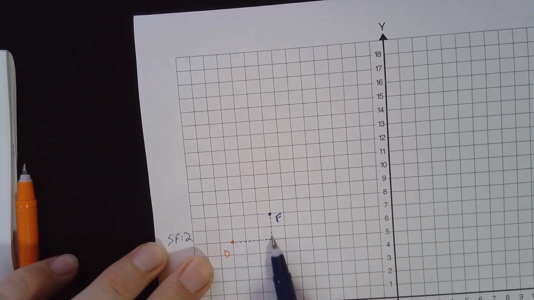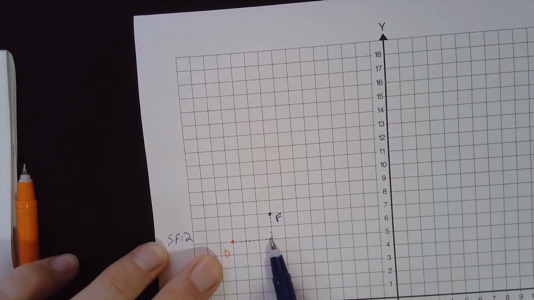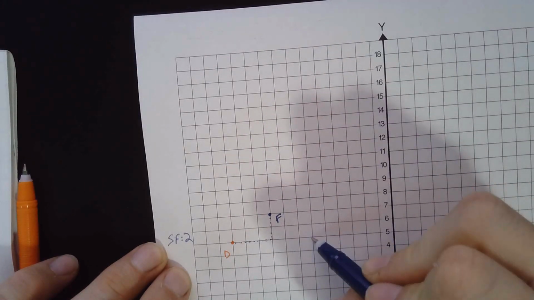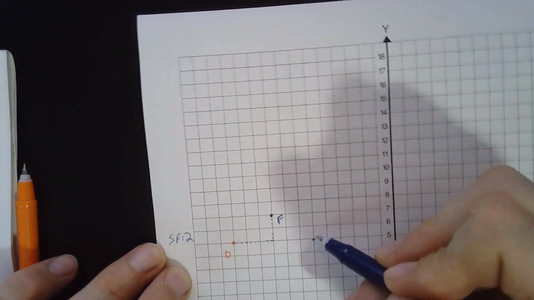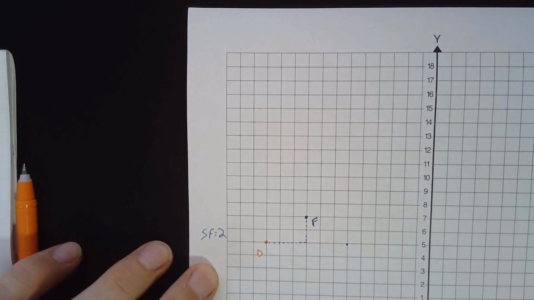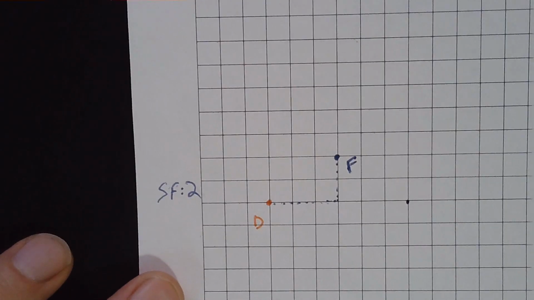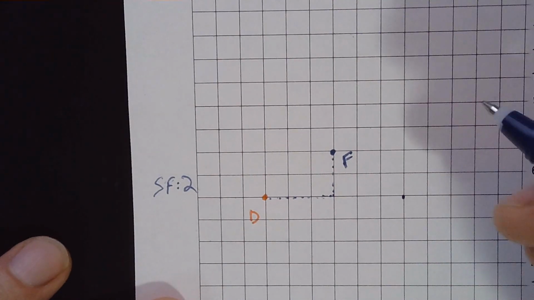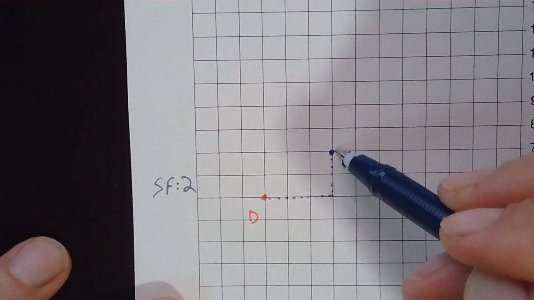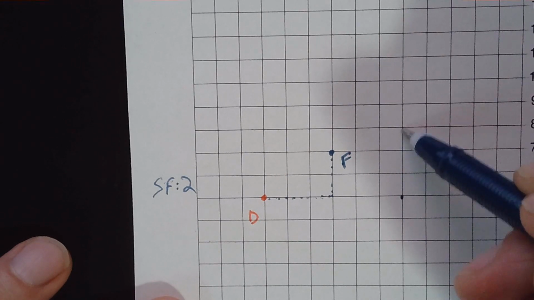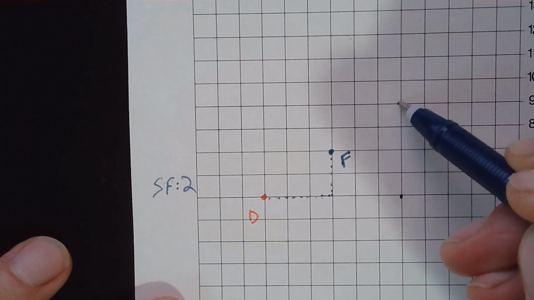So I'm going to go over 3. From here I got 1, 2, 3. I'm going to go over another 3, so I'm doubling it. I'm going to go 1, 2, 3. This is where my F value is going to be. I'm ignoring my x-y axis here, because your x-y axis is just a convenient two-way ruler to help you count the values. And then from here to here, it's a change in 2, so it's going to be a change in 4 now. So it's going to be 1, 2, 3, 4. Now my F prime value